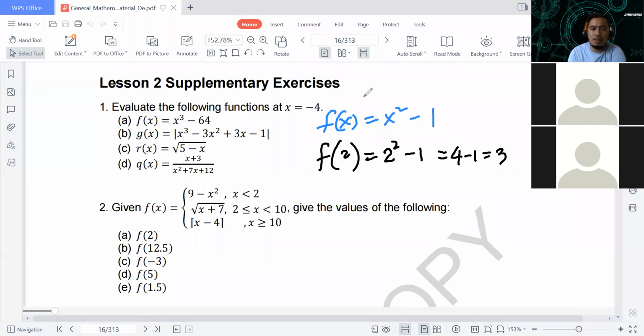And say for example, you are asked what is f of x plus 1? And if you are asked to find f of x plus 1, then the input is x plus 1, so whatever input here will be replaced by x plus 1. So it will be now